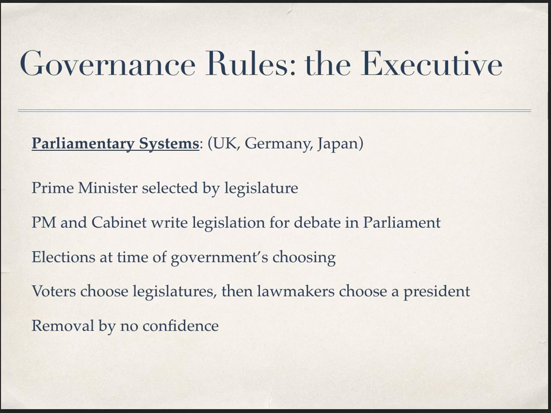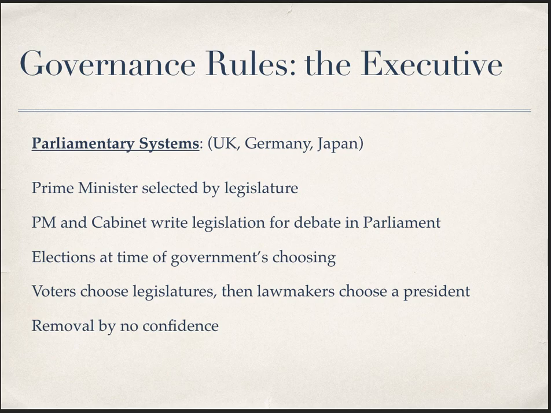So again, the choice between a parliamentary and presidential system has an effect on policy outcomes in a country because the powers of a parliament and a legislature and a prime minister and a president are different from one another. But we also might care about why states choose to have one type of executive versus the other. And there may be something of an answer here when we get to talk about coups. Okay, so